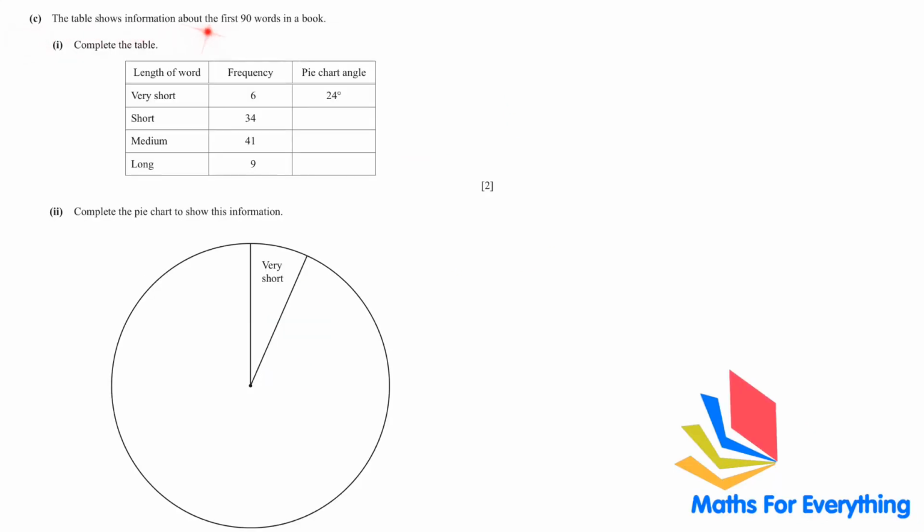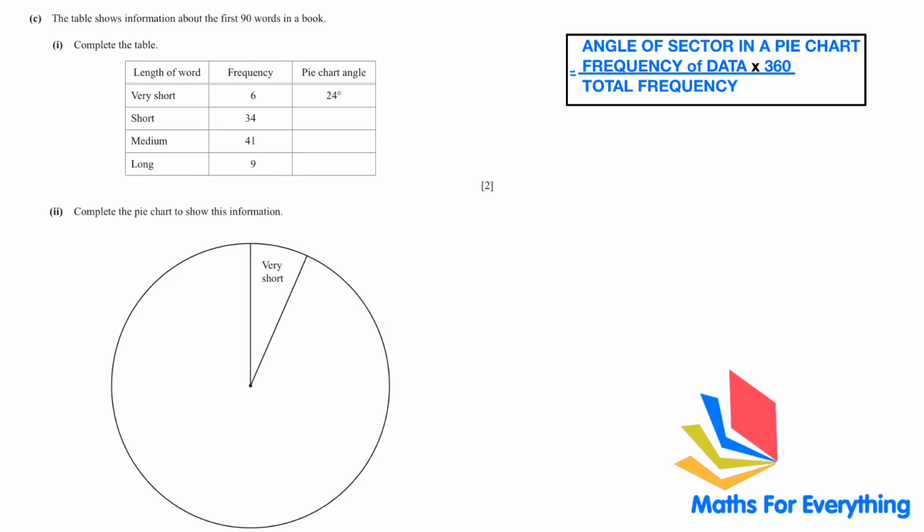Part C, the table shows information about the first 90 words in a book. Complete the table. So we have to find the angle in a pie chart. To find the angle in a pie chart, we use the formula frequency of data multiplied by 360 divided by the total frequency. So for the short, we have